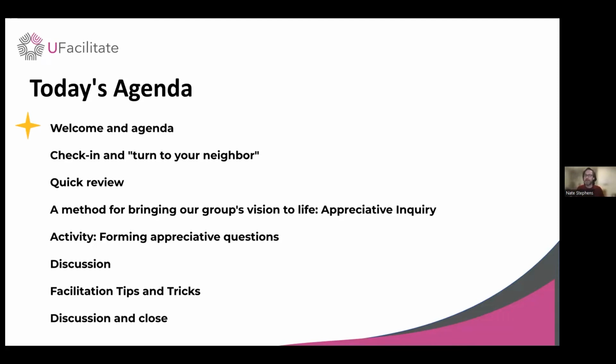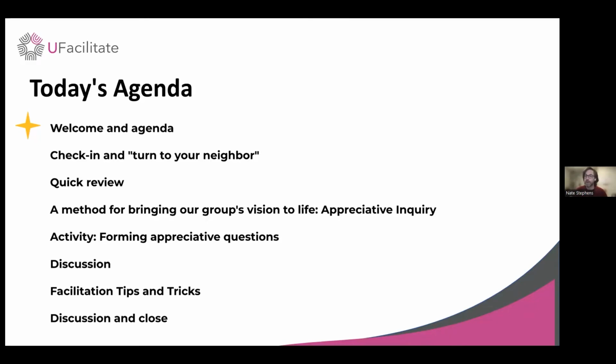Okay, all right, so the plan for today, welcome and agenda, we're right in the middle of that. We're going to start out the same way we did in our last meeting. One thing I think is useful is it's helpful to build routines with groups, or more than routines, really kind of traditions and startup routines, established ways of checking in on where we're coming from, what meeting preceded this one. These are helpful in terms of not having to restart every meeting and establishing a culture.